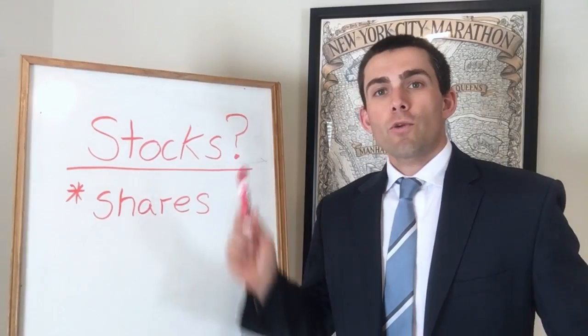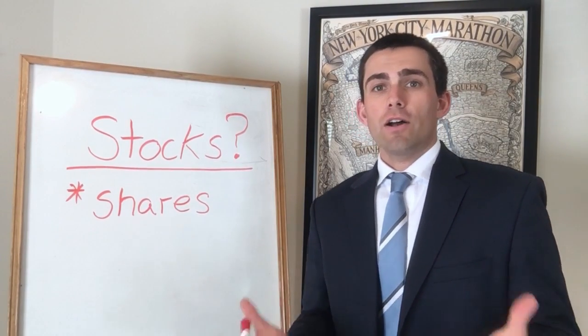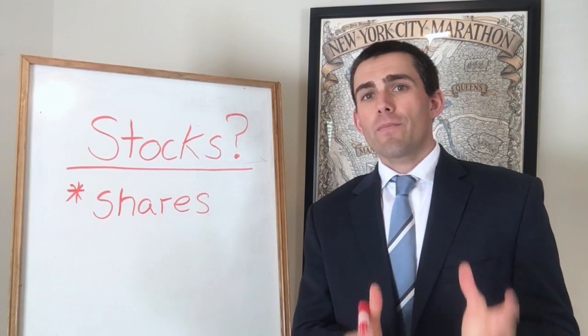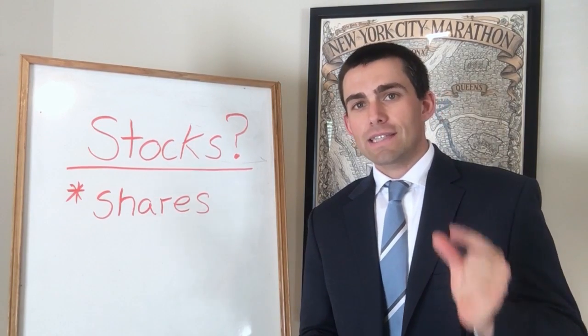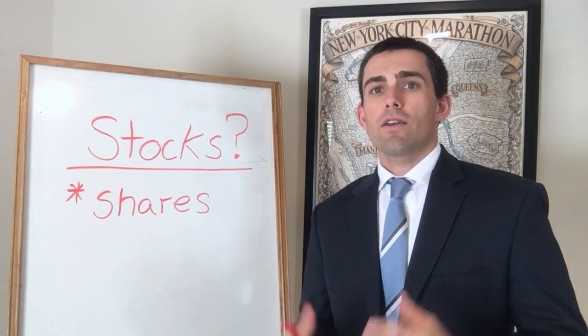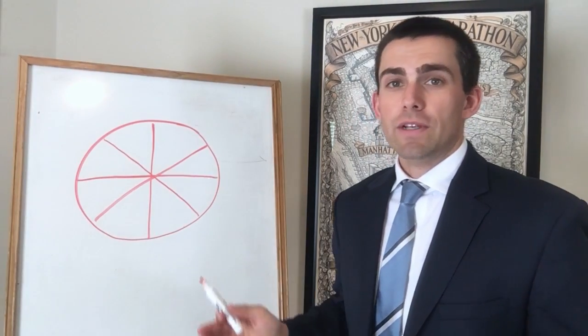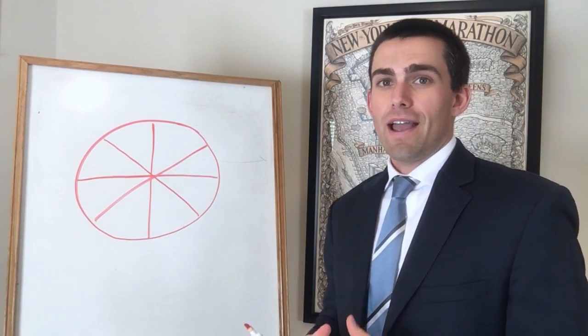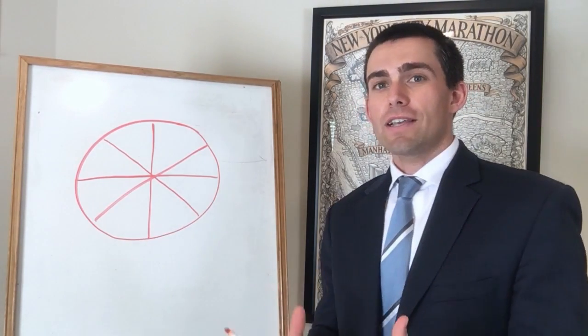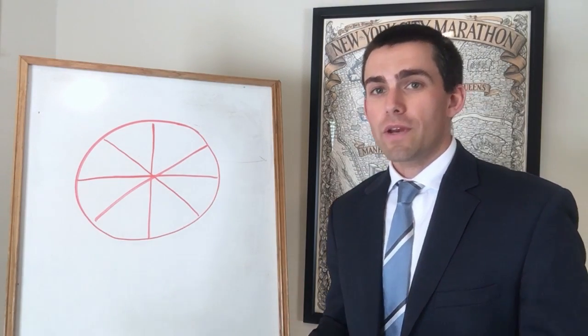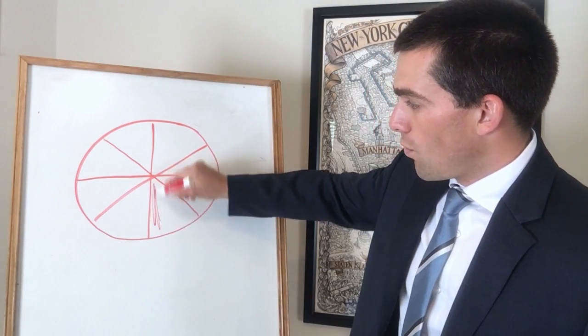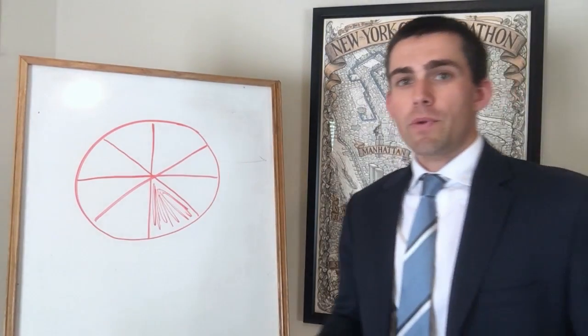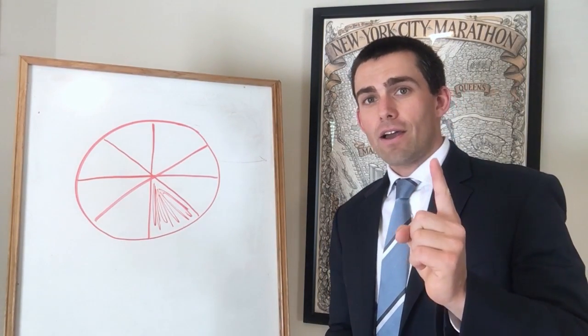So stick with me. When people say they own stock in a company, what they mean is they own shares of a corporation. They could own 1 share, 10 shares, 100 shares, 1,000 shares. However many shares they own is how many slivers of ownership they have in the overall company. This is a very simple example, but think about shares like a slice of a pizza, except it's a slice of ownership of the overall company. If one person owns 1 share of a company, they own 1/8 of that company.